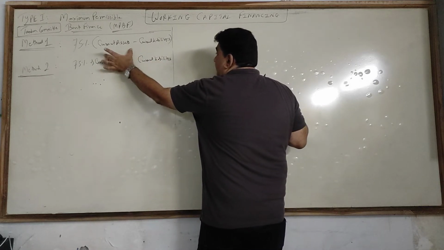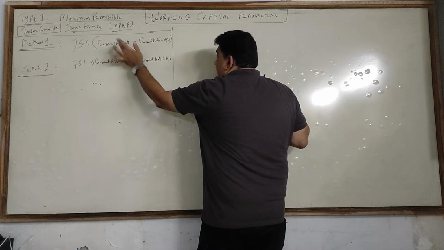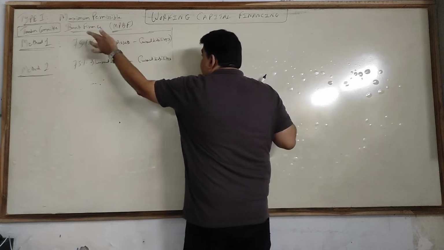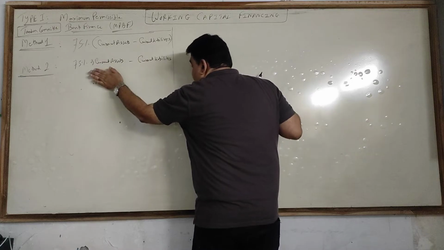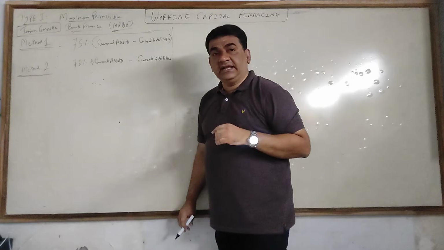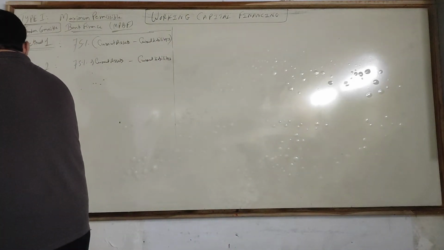यहाँ पे क्या है? Here it is. First take the difference working capital, that is current assets minus current liability. Whatever is the difference, take उसका 75%. Here take current assets का 75% and from that deduct current liabilities. This was method number 2. Now